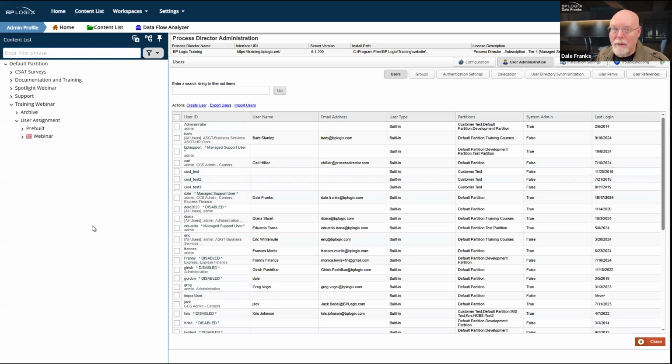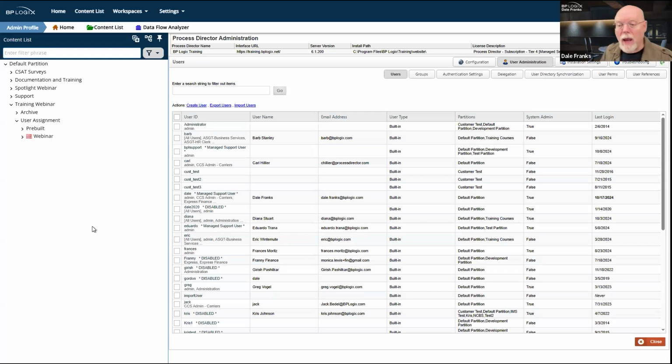You can have non-Process Director users access your system. Indeed, you can have them participate in processes, as we'll discuss in a few minutes. Most of the time, anonymous users don't participate in processes, although they can, but I think the most common use for anonymous or unauthenticated users is to have them initiate processes by submitting a form.